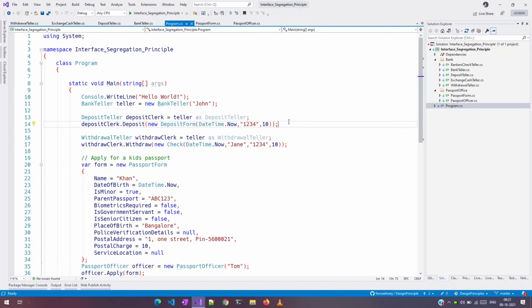So this is what we call the interface segregation principle. This is one of the important ones in object-oriented analysis and design. So the main thing is you should look at your implementation from the perspective of the client and think what they would expect. And if something looks to be confusing or something looks to be out of place, then you have to really segregate them and make things simple for them.